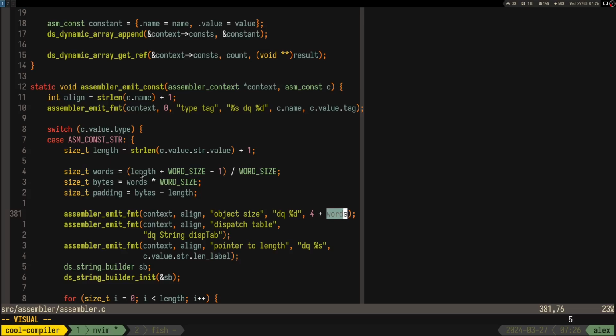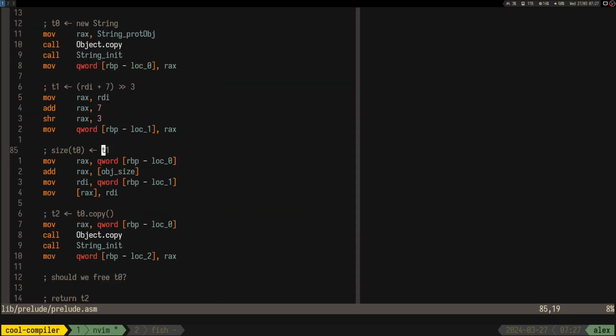But words, if the string is 0, like nothing, is gonna be word size divided by word size, so it's gonna be 1. So yeah, we're gonna have at least 1 byte allocated for the string value. So let's just say it's gonna be string size